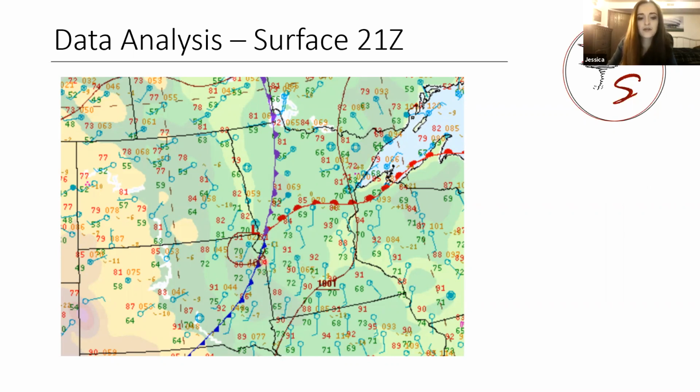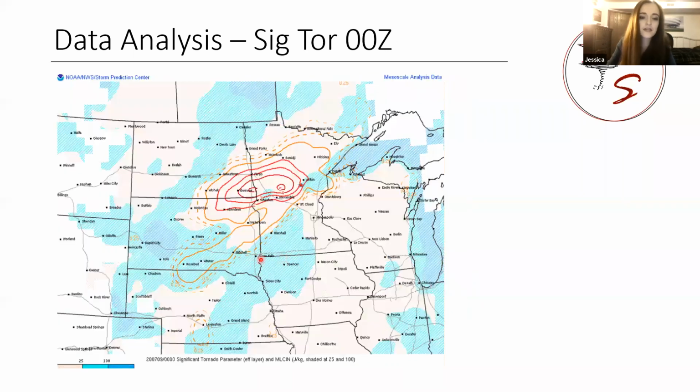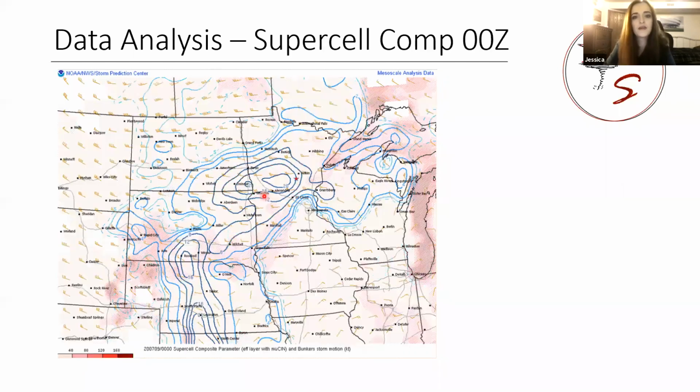So this is going to be our area of focused enhancement that we're going to be looking at here in a little bit, but I just wanted to show a couple of composite parameters. Sig Tor, just showing a few bullseyes here, central Minnesota and over here as well, in southeastern North Dakota, northeastern South Dakota. And this is all 0Z, so even at 21Z, some of these parameters are actually higher, but this at least gives you an idea of what some of the composite parameters are showing for the 0Z time frame.